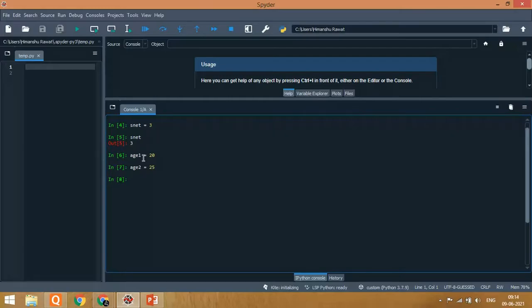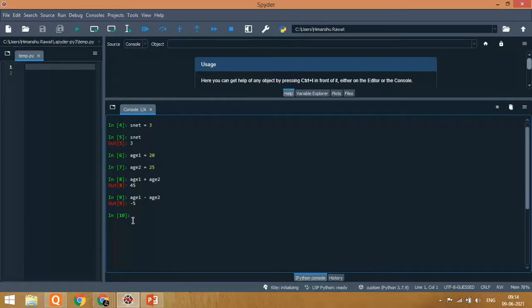Now if we want to apply the addition operator on these two variables, we type age1 plus age2, and we get the sum, 45. Same if you want to subtract, you type age1 minus age2, and we get -5.